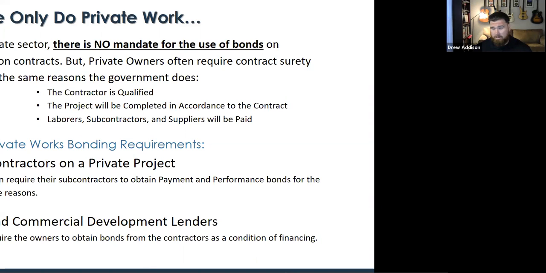And a lot of times when you go into underwriting for private work, the underwriter will request maybe some information on where the financing is going to come from. And this is some additional verification there, but just be ready that that requirement for payment and performance bonds could come down.